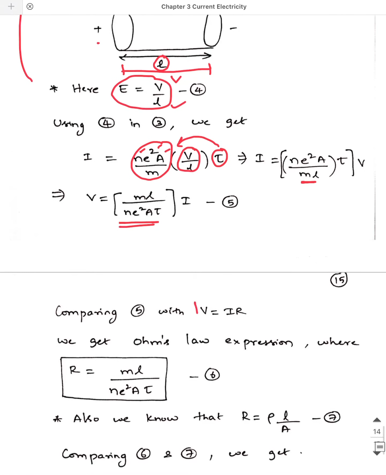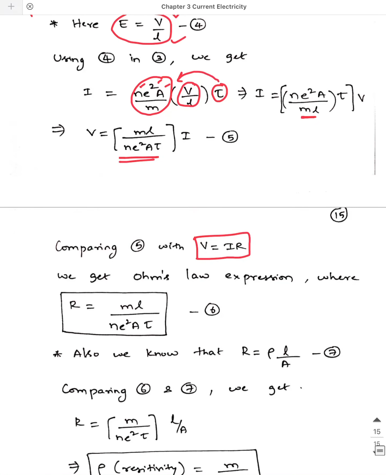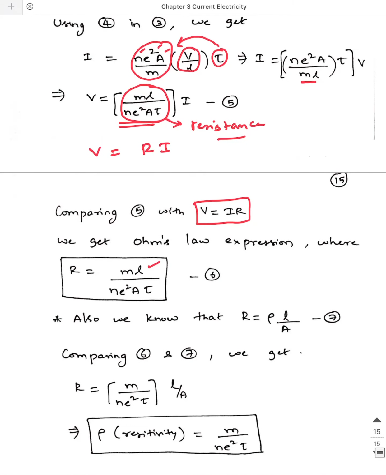Now we know that Ohm's law is V is equal to IR. If you observe the fifth equation, is it not looking similar to V is equal to IR? When you compare it, we can say this whole expression is the resistance of the conductor. In your 10th grade, when we discussed resistance, you learnt about it; the inner meaning of the resistance has this mathematical expression. So R is given as mL divided by ne square A tau. From this we can say Ohm's law is derived.